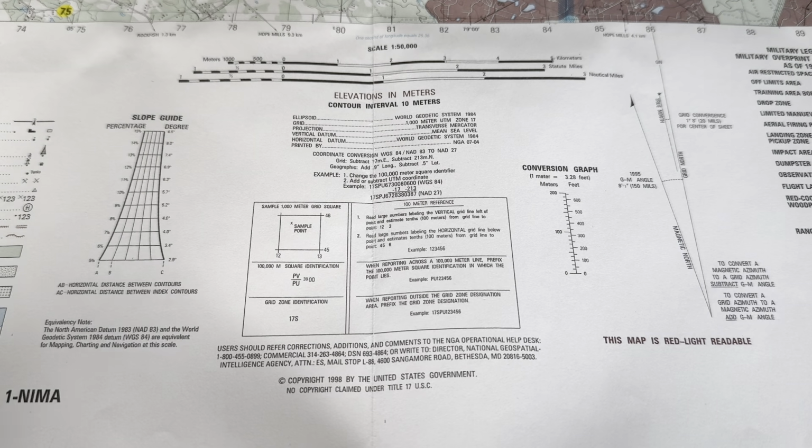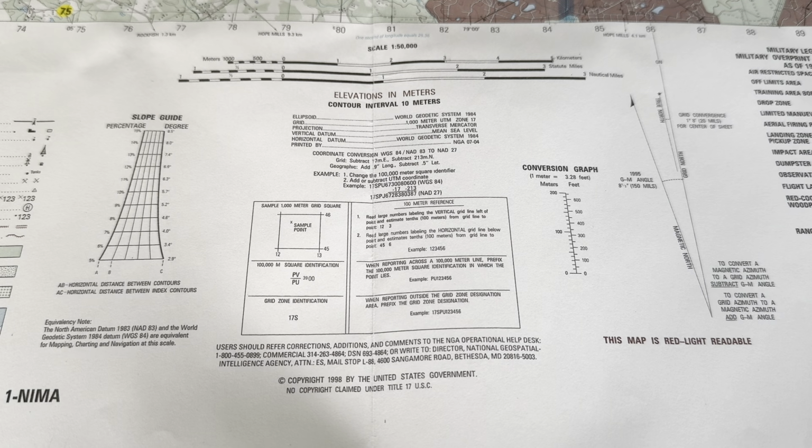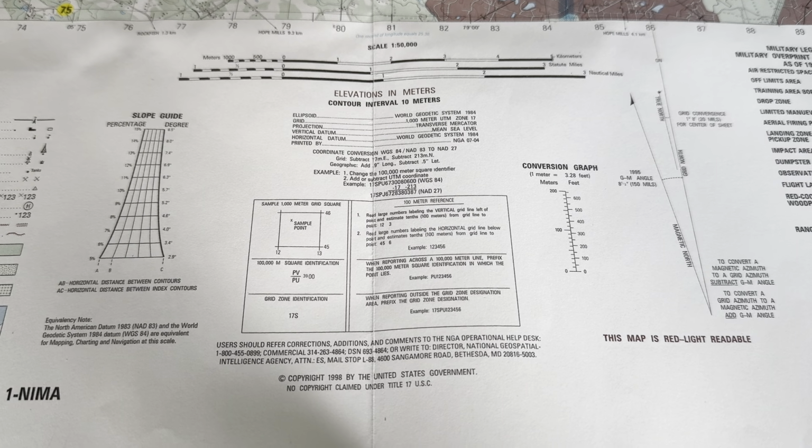For reading a map, you want to read left to right for your easting and then top to bottom for your northing. For a 6-digit grid, that will put you within 100 meters of a point. For an 8-digit grid, it will put you within 10 meters of a point. And for a 10-digit grid, that'll put you within 1 meter of a point or a target that you're going for. If we flip the map over,